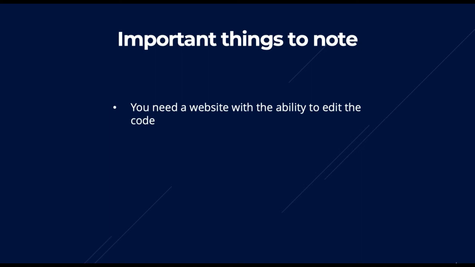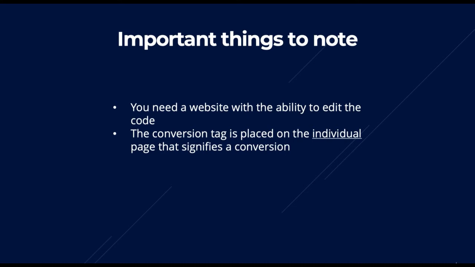Now, when it comes to editing the code on your website, do not worry as I'm going to go through this in a live walkthrough like I've done for every other section of this course. So you can literally watch over my shoulder and see exactly how you apply this code to your website so you can track conversions. The next thing to note is that the conversion tag is placed on the individual page that signifies a conversion. Don't worry about what a tag is for now, as I'm going to cover that very shortly, but the main thing to understand is that the tag has to be placed on the page that signifies